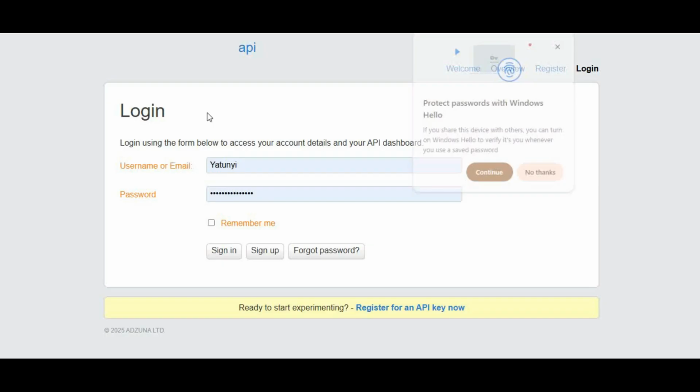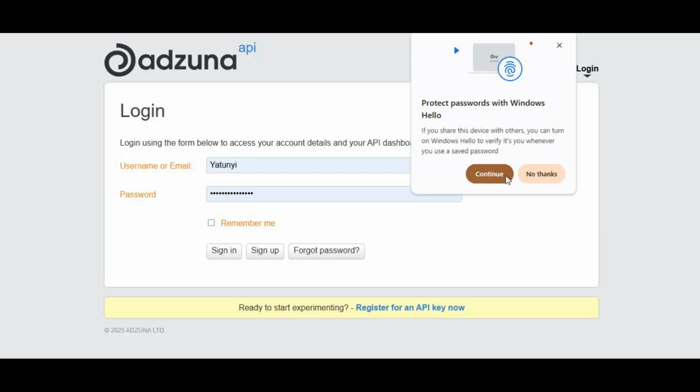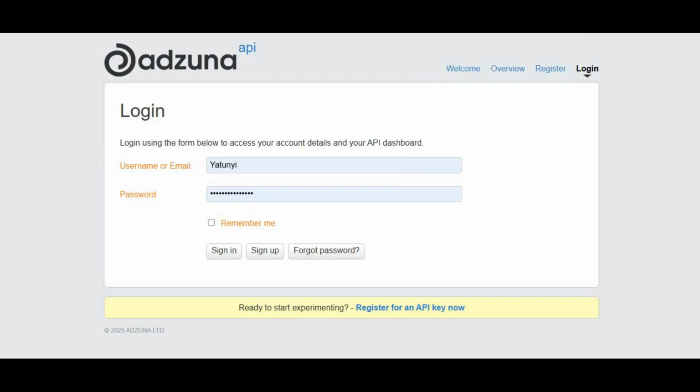Now after we've done that, I want us to come to the last part, which is the Adzuna API. Adzuna is the place where we have all the jobs, and you can go to it to access them. I already had an account, but if you are new to Adzuna, which I know most of you will be,